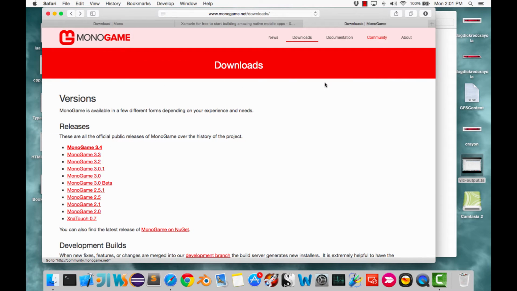Today we're going to be taking a look at MonoGame, specifically getting it up and running on a macOS computer. We're going to walk through the installation process, make sure that everything is up and running, configured right, create our first project, and take a quick look at the content pipeline. Basically, we just want to make sure that everything works, and then we can continue on further with some coding